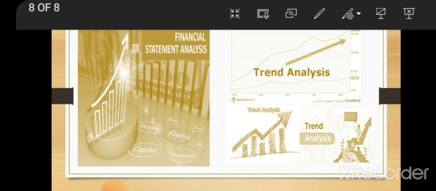Trend analysis as a tool of decision making. It helps in many managerial decisions. It enables one to find out the growth or decline percentage or the pattern of changes that are taking place in an organization. It enables managers to take necessary measures to curb the unhealthy trends in the organization. It is useful to investors, bankers, and creditors to make effective financial decisions on the company, and its uses are: sales